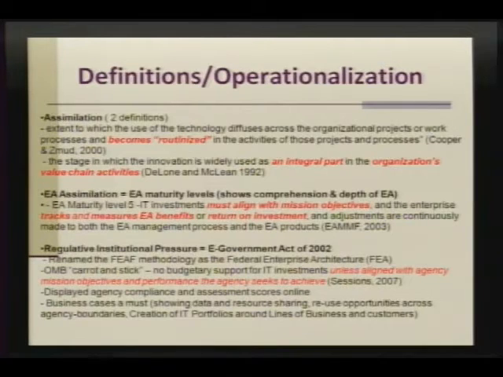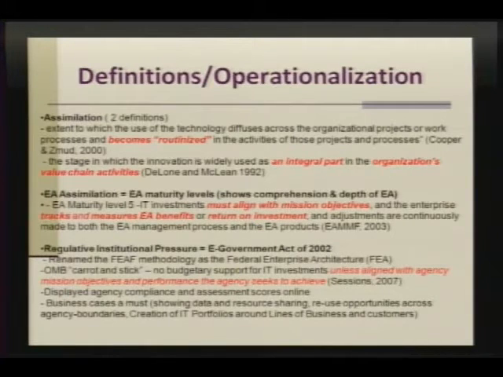Now, we are talking about the federal government, so granted, we are not going to look at profits or return on investment the way that we traditionally measure it in the private sector. We're looking at other kinds of efficiencies. Now, this is a rather interesting one. We're looking at regulative institutional pressure. In 2001, President Bush announced the President's Management Agenda. That redefined government's mission. He changed government mission to be customer-centered. So the American citizens will be treated just like any other private sector organization treats its customer base. It was going to be responsive to the public.